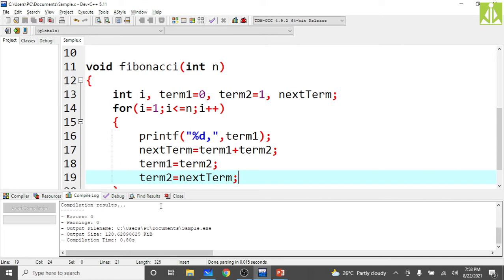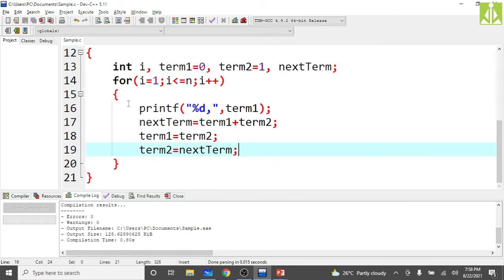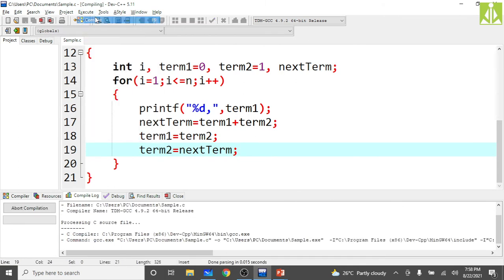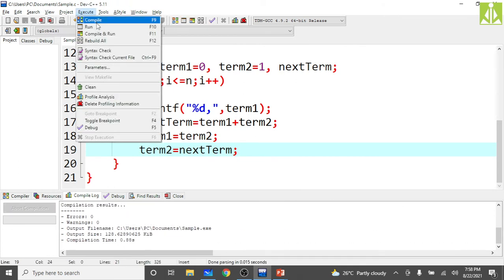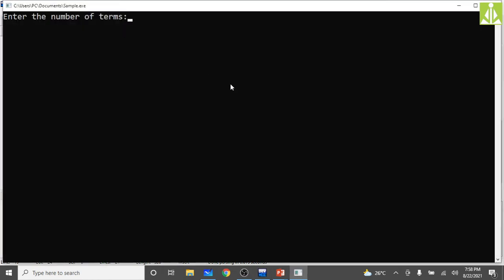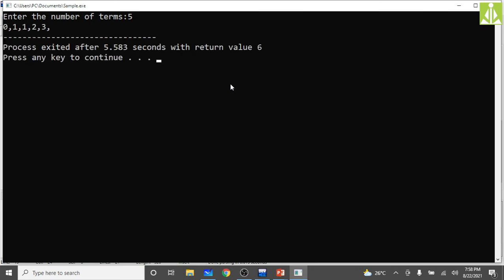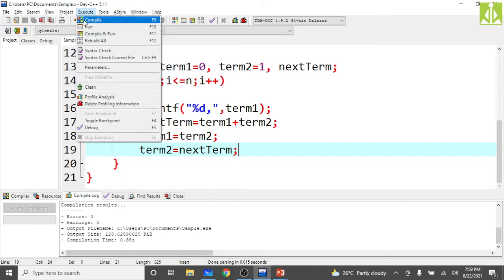So this is the program that we need to code. Now this will print the Fibonacci series up to the given number. Compilation successful. Now you execute. Enter the number of terms; I said I want 5 terms, so hit enter. The first two numbers it prints are 0 and 1, then the third term is 1, the fourth term 1 plus 1 is 2, and the fifth term 2 plus 1 is 3. Likewise, if you want further terms, just execute the program one more time.